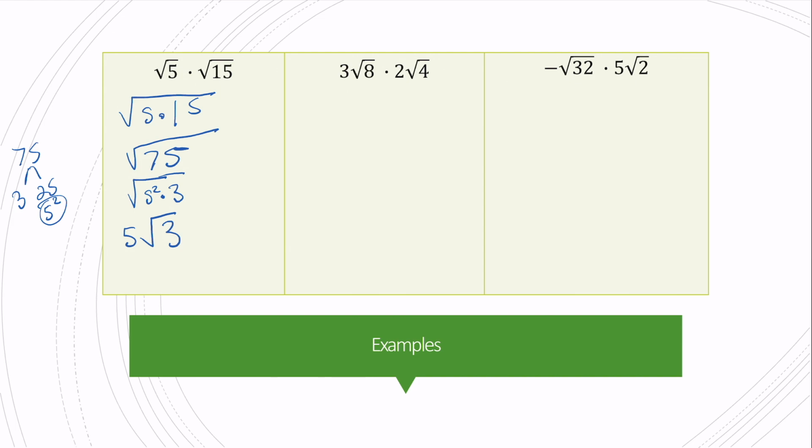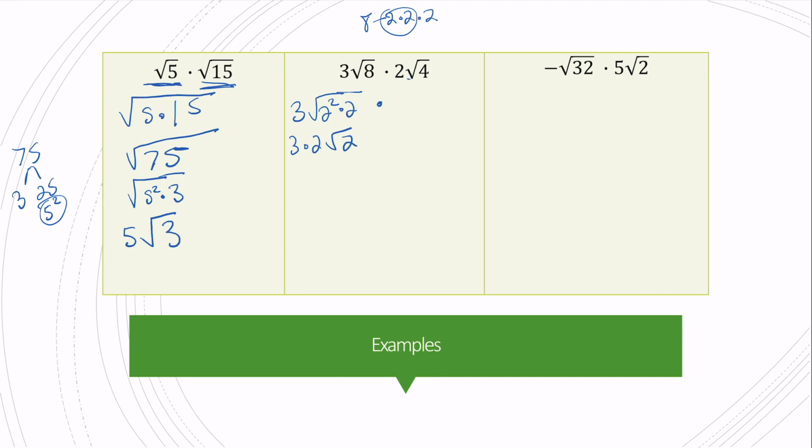So I couldn't simplify the square root of 5. I couldn't simplify the square root of 15. And then I multiplied them. And that's because when you simplify them, you get a smaller number under your radical, so it makes it less work. So for instance, if I have 3 square root of 8, well, 8 is 2 times 2 times 2, so that's one perfect square. I'd have 3 square root of 2 squared times 2,